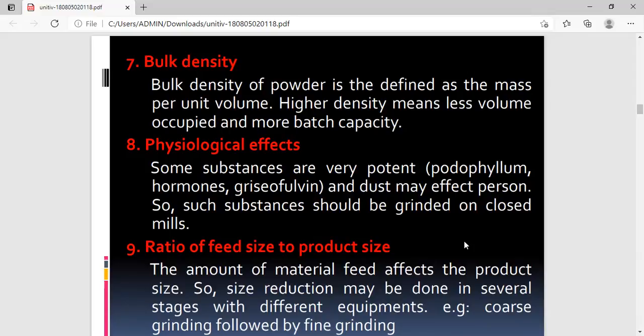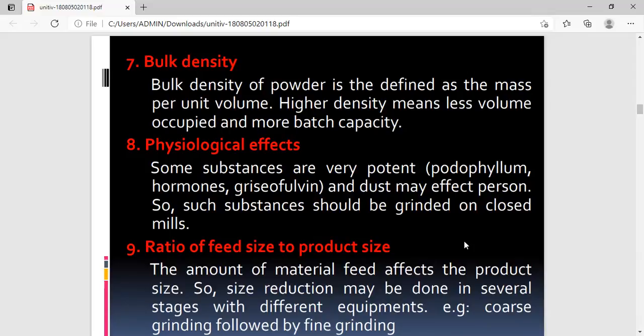What are the physiological effects? Some substances are very potent, and dust may affect the person. So the dust, for example, silica, sand, if we crush them, and if silica is airborne, it is harmful to the persons who are breathing in that atmosphere. So they should be ground in closed mills. So those substances, they should be covered, and see that the dust is not spread into the general